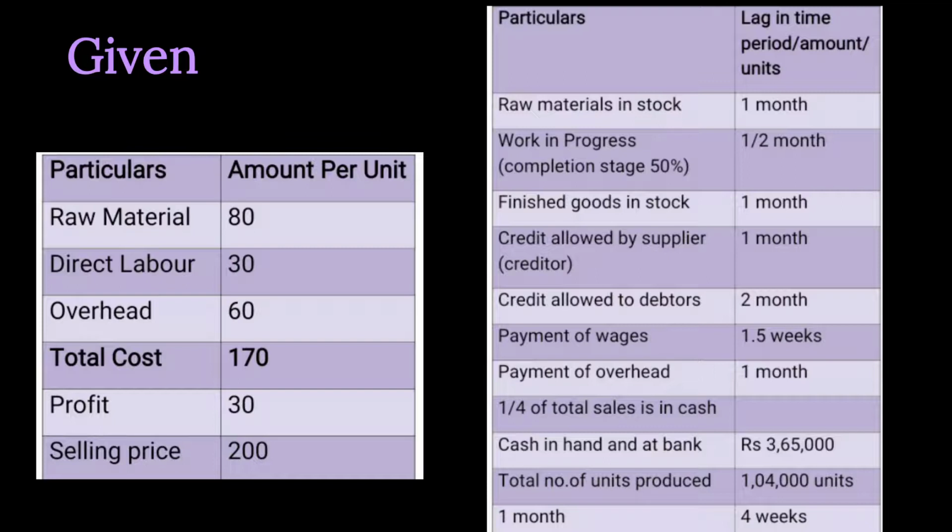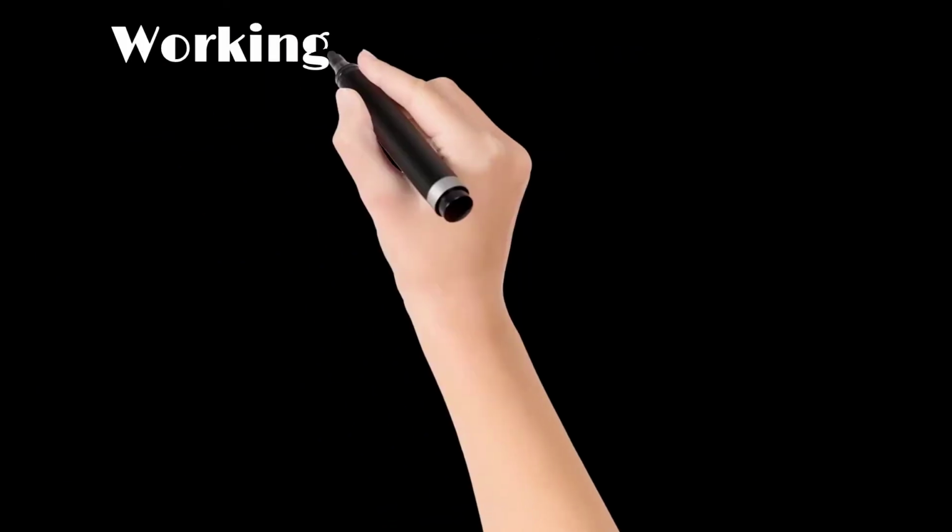And here we have to calculate a statement showing the working capital requirement for the firm. That means we will calculate the current assets and current liabilities that a firm holds or is liable to pay. So in this case we will prepare a statement showing working capital requirement, but before this we will see some working notes. To solve this question, first we will see some working notes or the calculations to be done before making the statement of working capital requirement, and some of the assumptions.